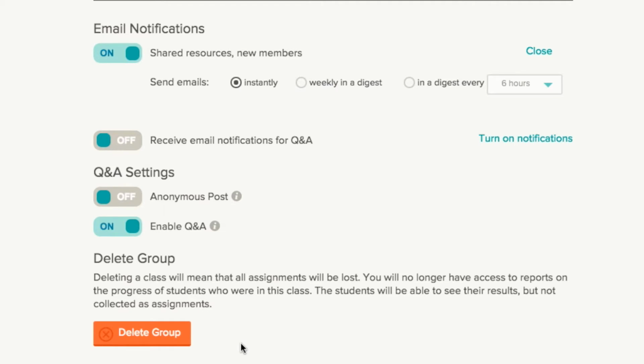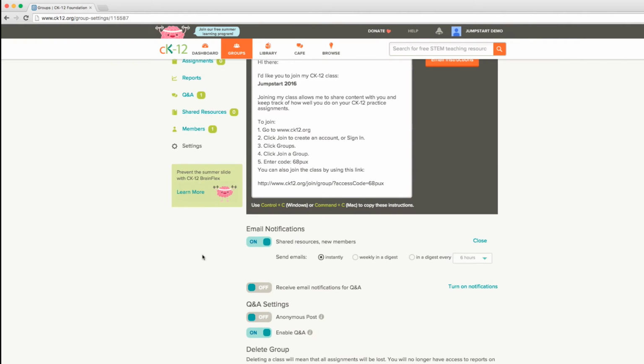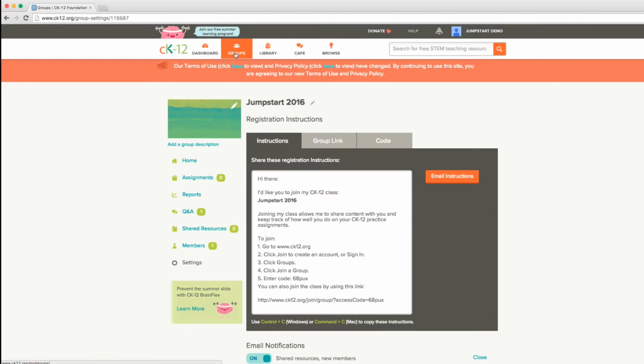Because you've created this group, you'll also see the option to delete the group as a whole. So if you're done and you want this group to be removed, you can delete that. Otherwise, just ignore that and move on with your day. If you go back to your groups page,